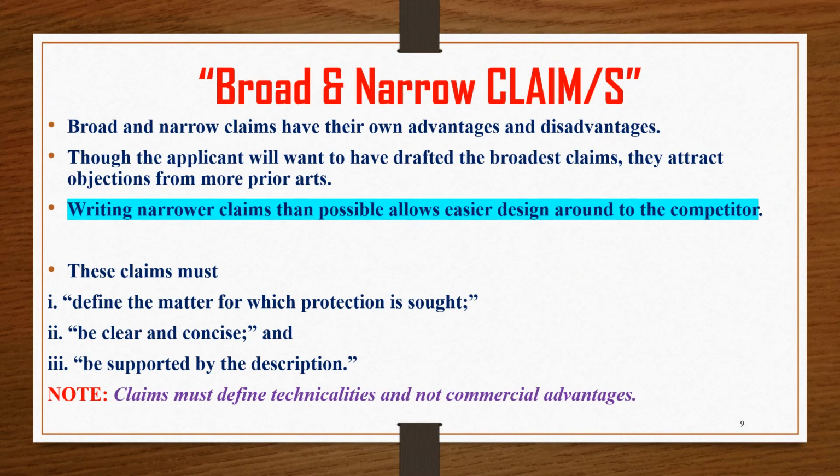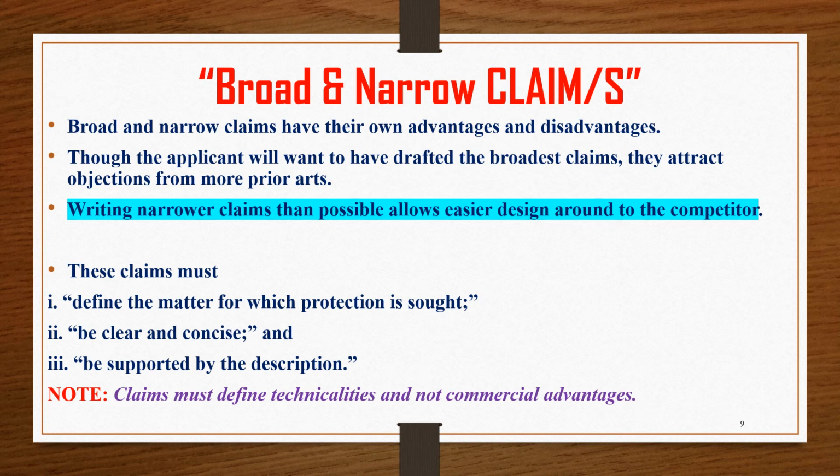Okay, now we can say that broad and narrow claims have their own advantages and disadvantages. Though the applicant will want to have drafted the broadest claims because it is their duty. They attract objections from more prior art. That means the broader the claims, the more objections will come. At the same time, writing narrower claims than possible allows easier design around by the competitor. That's why it is written that both broad and narrow claims have their own advantages or merits and disadvantages